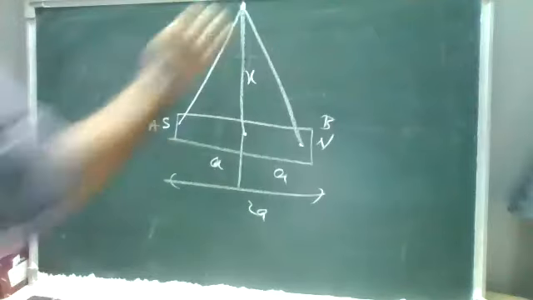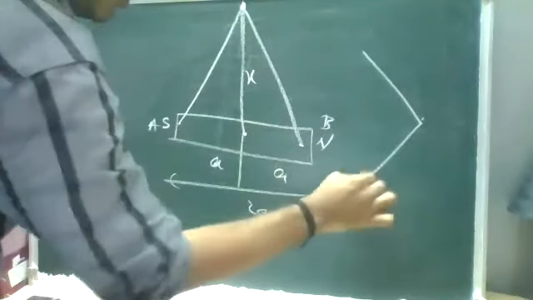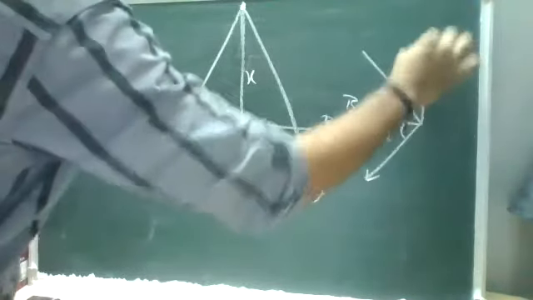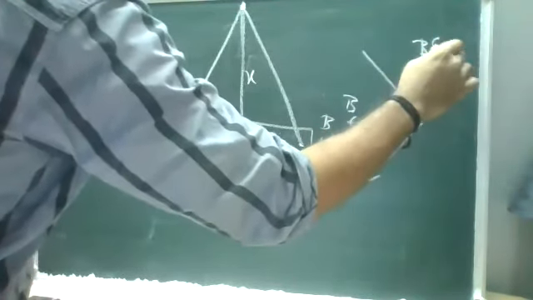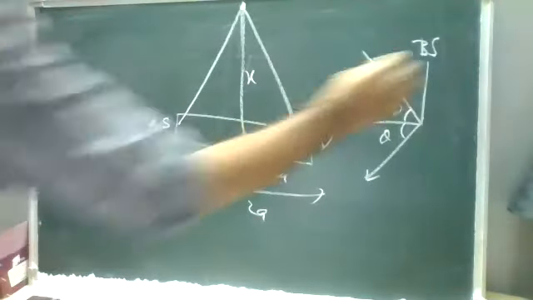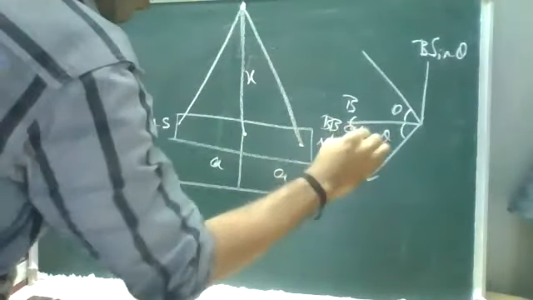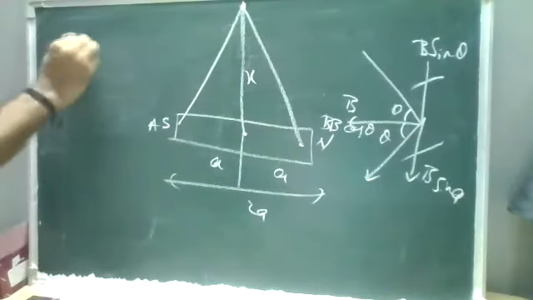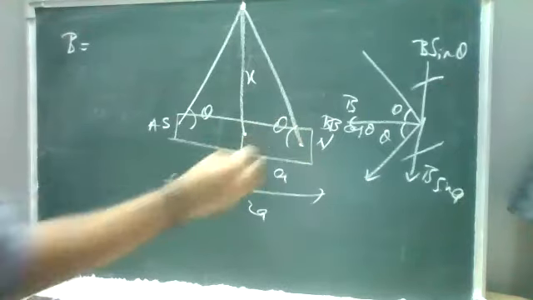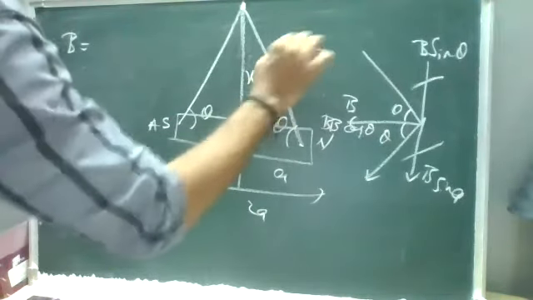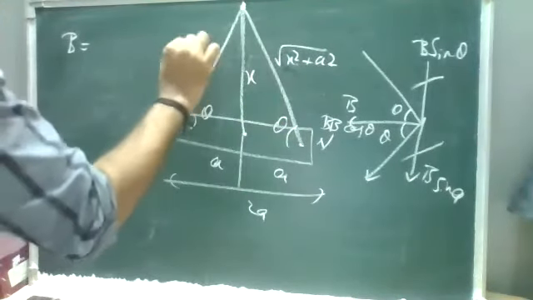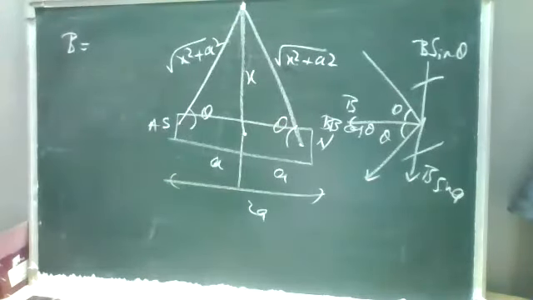Again, at the starting point there will be repulsive forces, and on one side attractive forces. Again there will be an angle theta. So here B sin theta comes, and opposite, perpendicular to it, is B cos theta. So B sin theta will be in the opposite direction, so it will get cancelled out. So the magnetic field B is equal to, the two angles are the same, angle theta is the same, the other distance is also the same. This distance is nothing but square root of x square plus a square. Same concept, so I am going a little faster. It is the same relation, same concept.